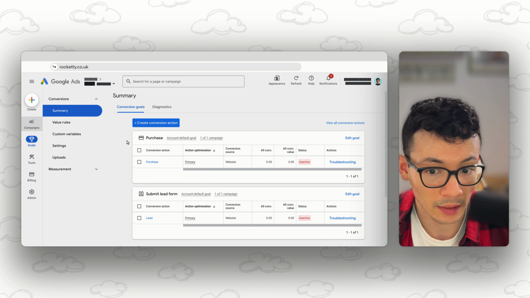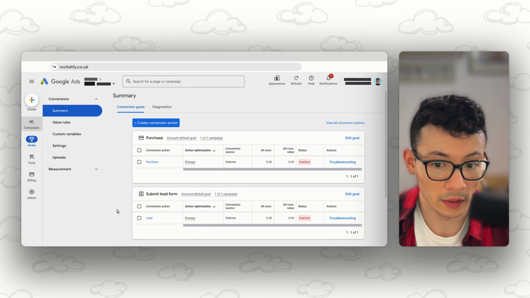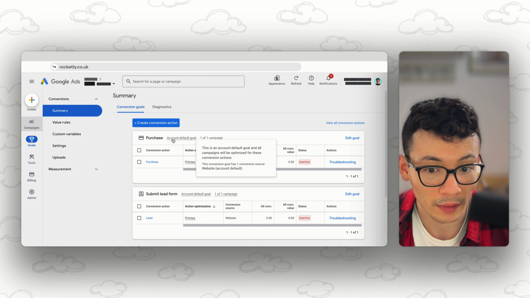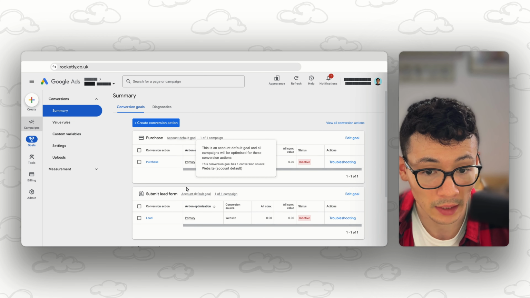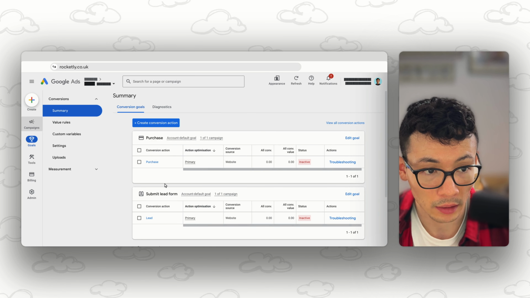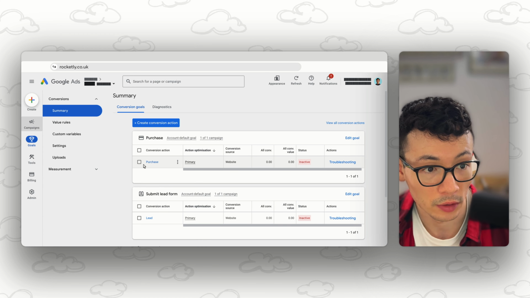As you can see here, there are two different conversions. One is for leads here in the submit lead form section, and another for purchases in the purchase section. And you can see here, both of them have this account default goal tag. So that means every primary conversion in both of these sections will be optimized towards if a campaign has account level goals set in place.